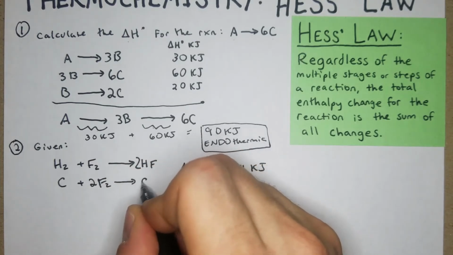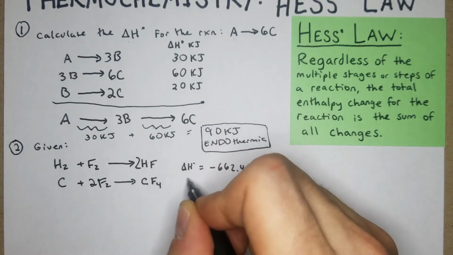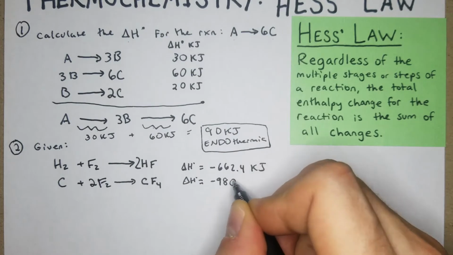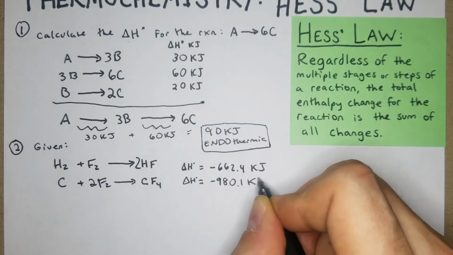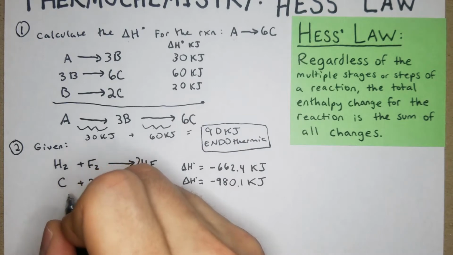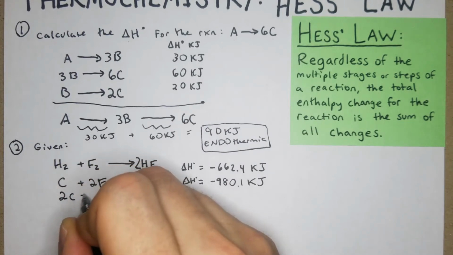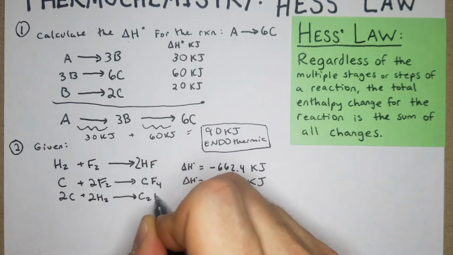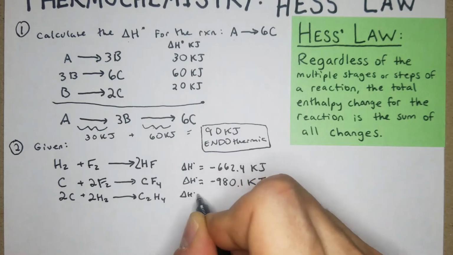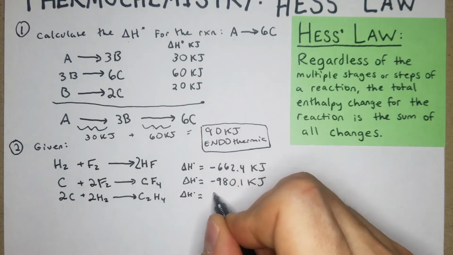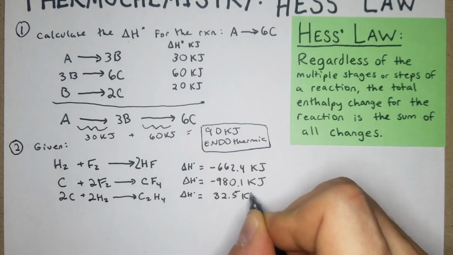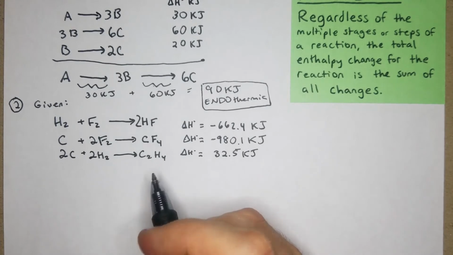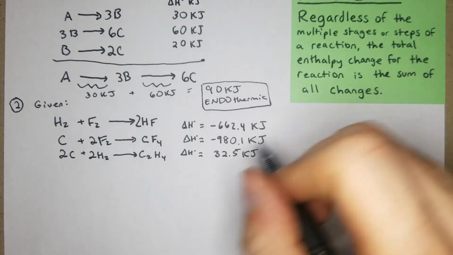CF4, this one's going to be, we'll say, negative 980.1 kilojoules. And then we'll have 2C plus 2H2 yields C2H4, and the delta H on that is going to be 32.5 kilojoules. And it can be like that. Sometimes it seems almost totally random the way that the equations are. And then the question is going to be